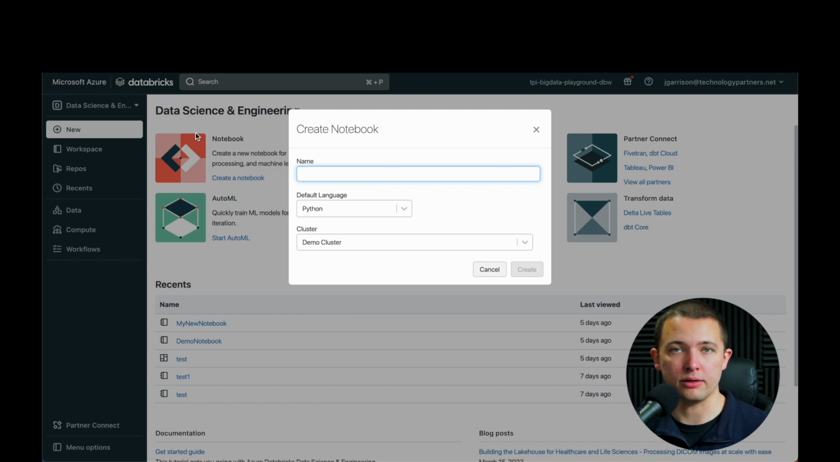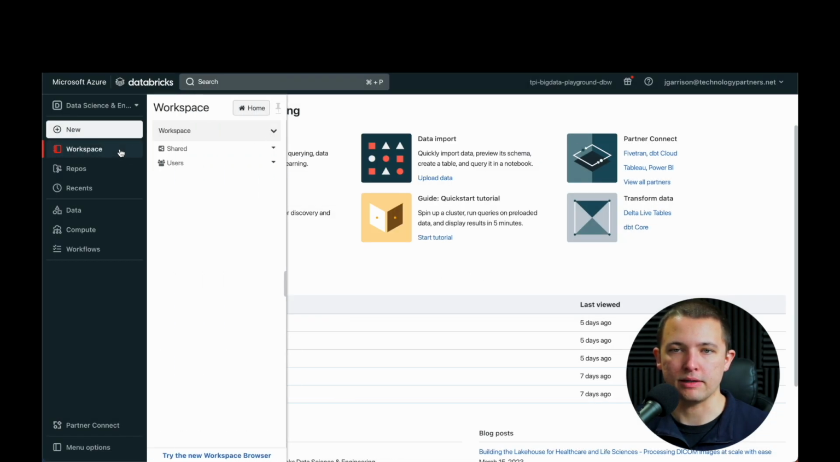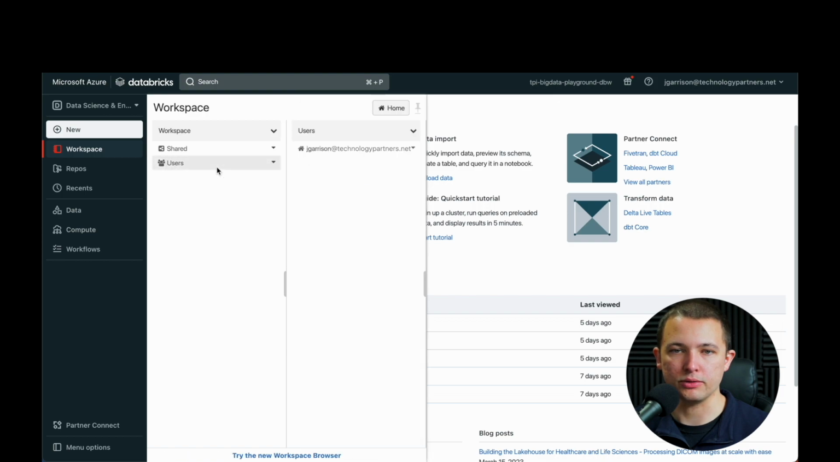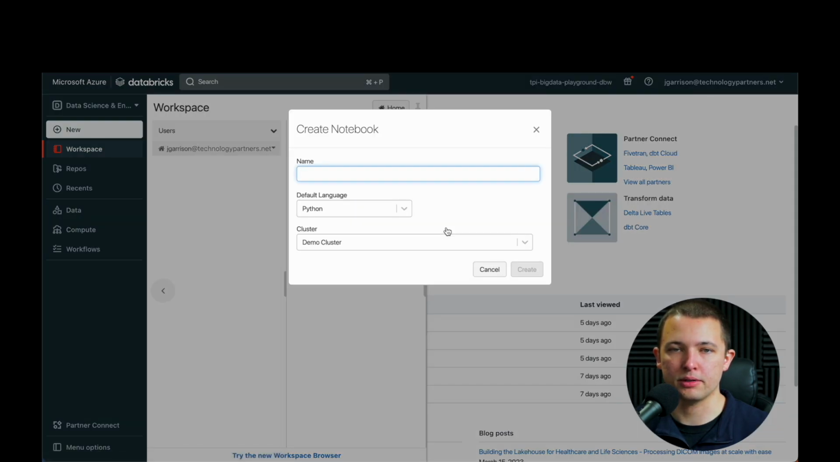The other way that you can create a notebook is through the Workspace tab. This is for when you have a folder system and you want the notebook to live in a specific folder, either one that's a shared folder or one that's nested under your user. So if you go back to the taskbar and click Workspace, then navigate to where you want the notebook to live, which will typically be under your user. You can then right-click, then go to Create and select Notebook, and it'll bring you to the same Create Notebook